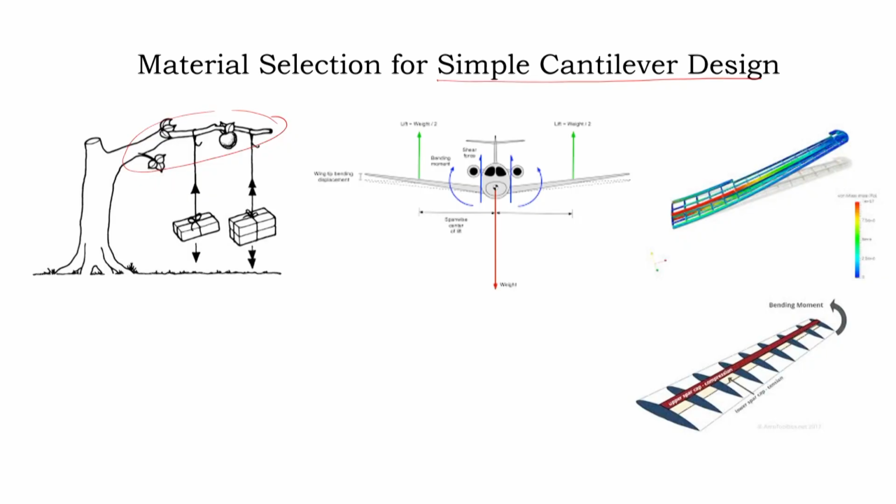For example, if you consider the aircraft wings, structurally it is analogous to this particular tree branch, and it also behaves like a simple cantilever beam